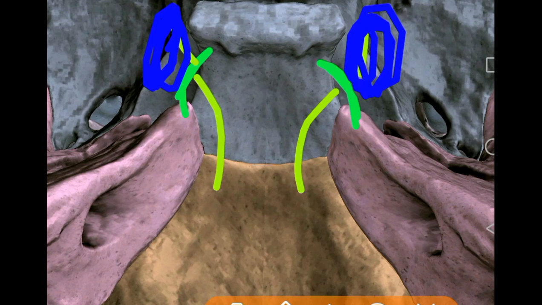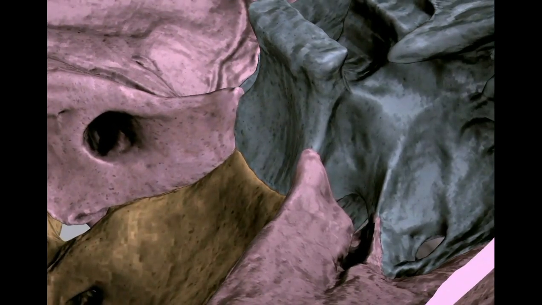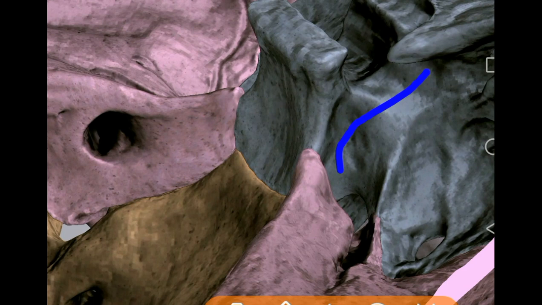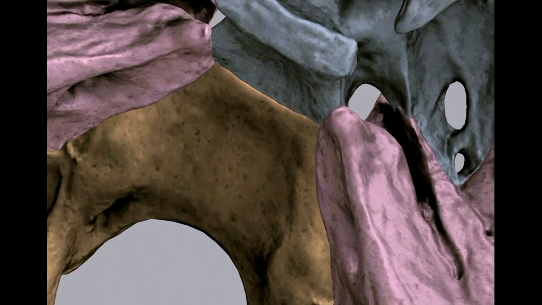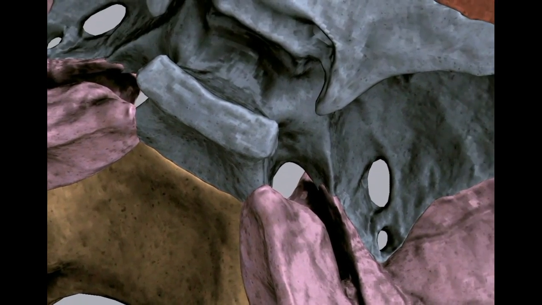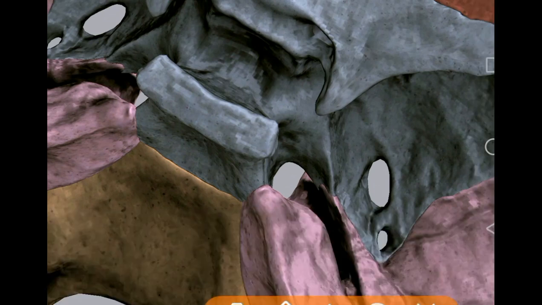The two structures that enter the cavernous sinus on either side of the body of sphenoid are the internal carotid artery and this abducent nerve. You can see here, that is the carotid groove. You can see there the internal carotid artery. The italic F-shaped carotid groove is seen on either side of the sella turcica. It lodges the internal carotid artery, surrounded by the plexus of sympathetic nerves.